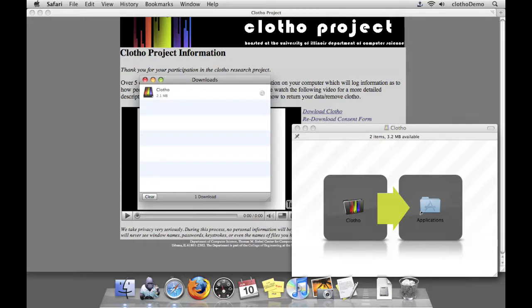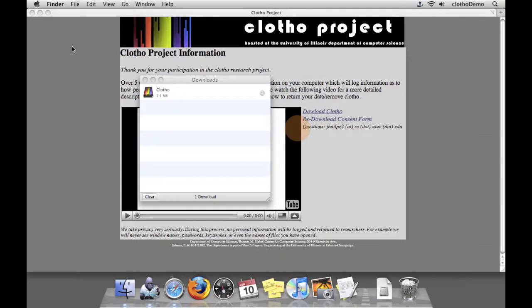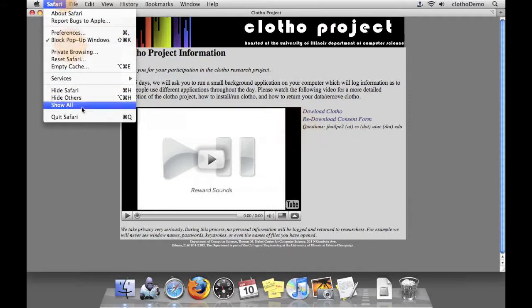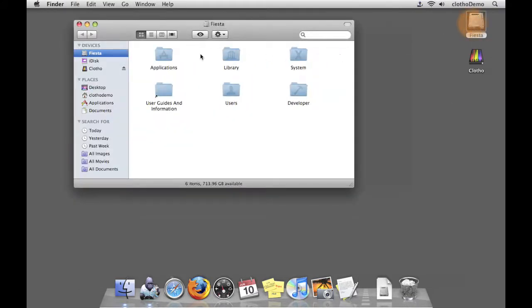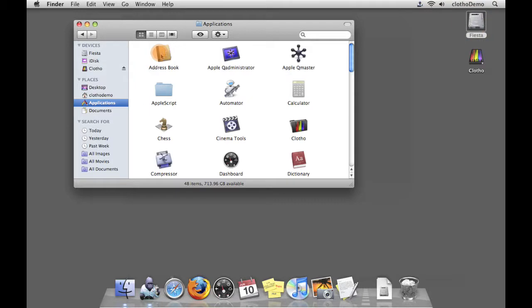Simply drag the Clotho folder onto the applications folder following the arrow. This will copy the entire contents of the Clotho applications to your applications directory. At this point, you can close both the DMG as well as your web browser. If you navigate to the application folder on your hard drive, you will notice that there is now a Clotho